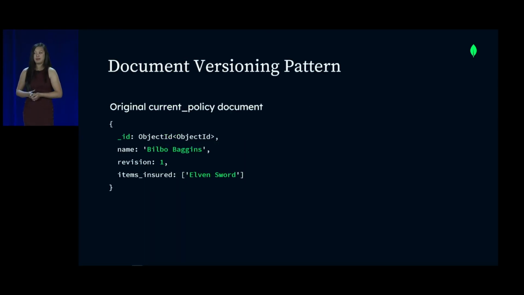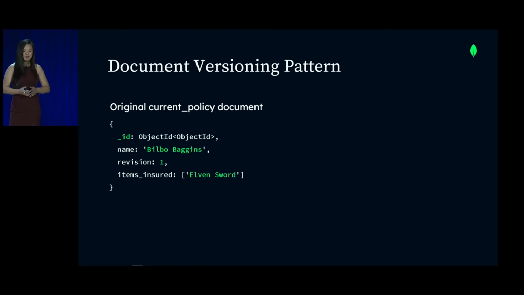The last pattern that we'll see is something called the document versioning pattern. So this one is something really great when you need to extend systems, when you need to keep track of historical data, and when you just are dealing with a lot of different versions of documents or a lot of different versions of entities. So the greatest example of this is insurance.